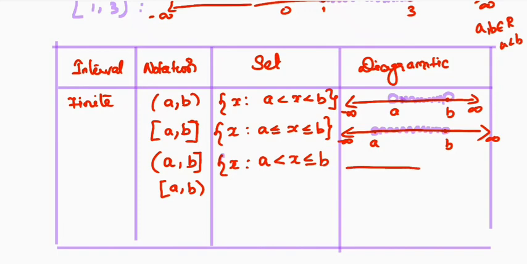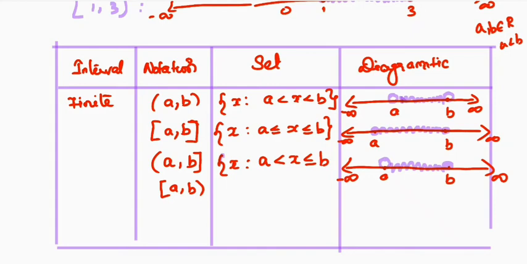So in the diagram, when you mark on the real line, it is minus infinity to plus infinity. Here A and B. So above A is not included. The point has to be removed. So unfilled circle has to be used. And here it's a filled circle. Not only that, the between all the real numbers has to be included.